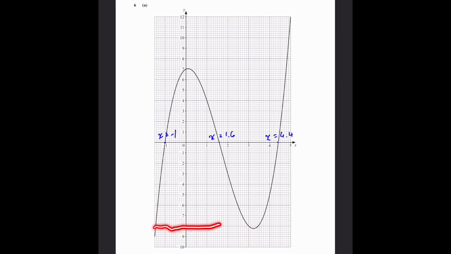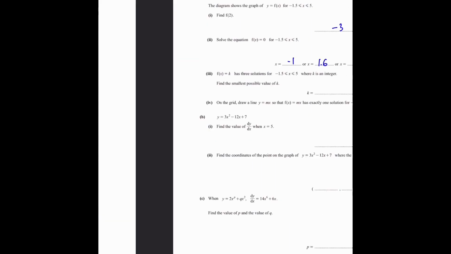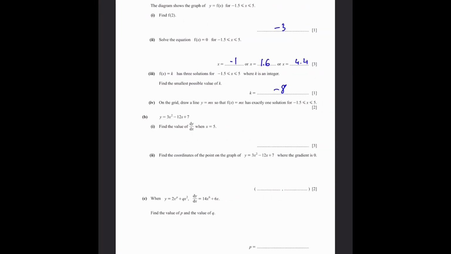On the minus 8 layer, there's 1, 2, and 3 on the other side. So there are 3 points on minus 8. This is the smallest value. 4. On the grid, draw a line y equals mx so that f of x equals mx is exactly one